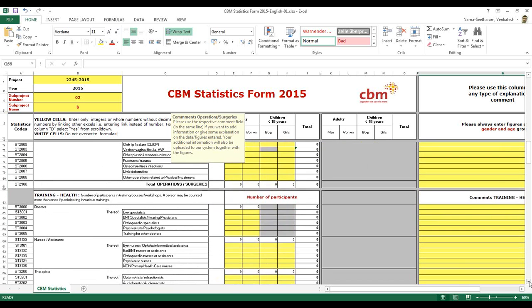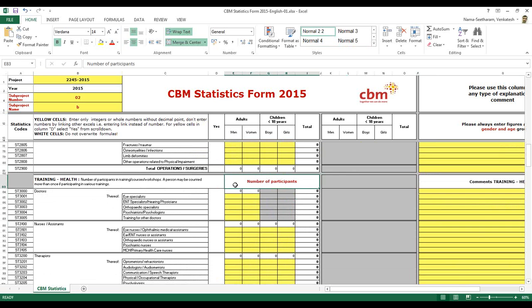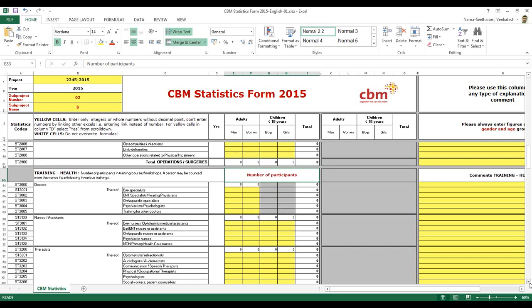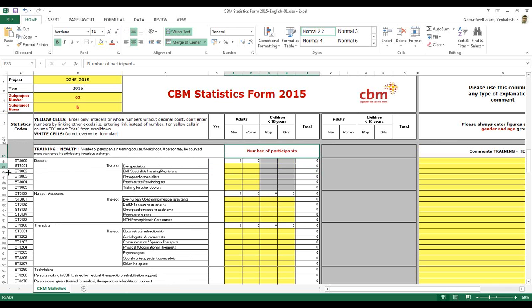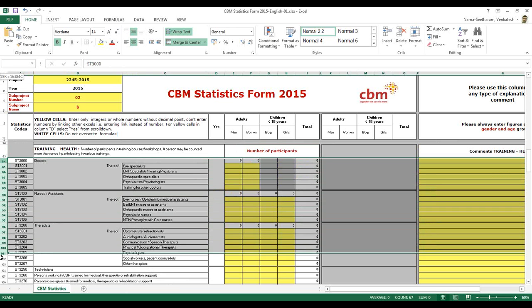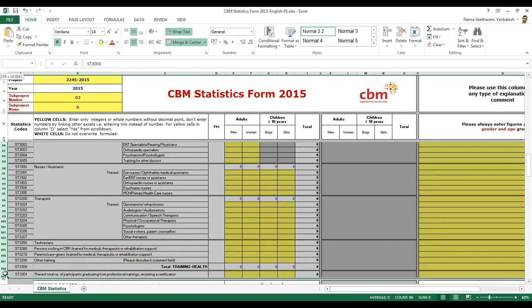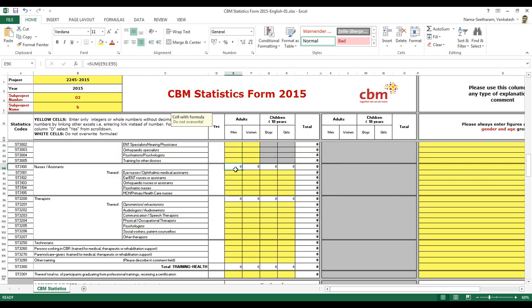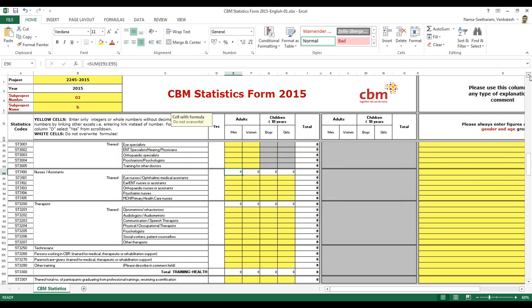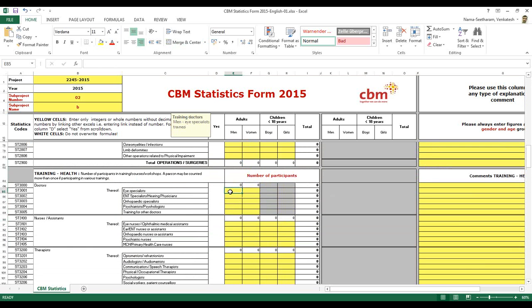training. Here, in this section, you will be counting the number of participants. This is from row 84 to 109. In the earlier form, in 2014, you had less than 1 month, 1 to 6 months, more than 6 months, professional degree, so you had different columns.